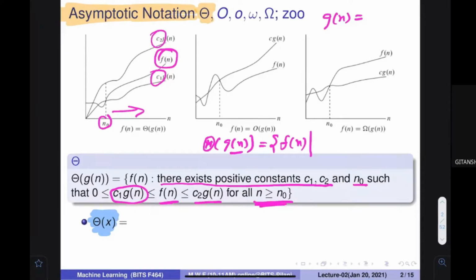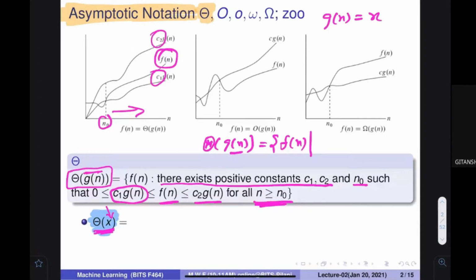Okay, yeah. So can anybody tell what is Gx? If I want to find out theta of x, then what is Gx? Because in this definition you can see that theta of Gx needs to be found out. Then what is Gx? Can anybody write? X, yes, definitely. It is x, because what is inside is the Gx. Therefore Gx is x.